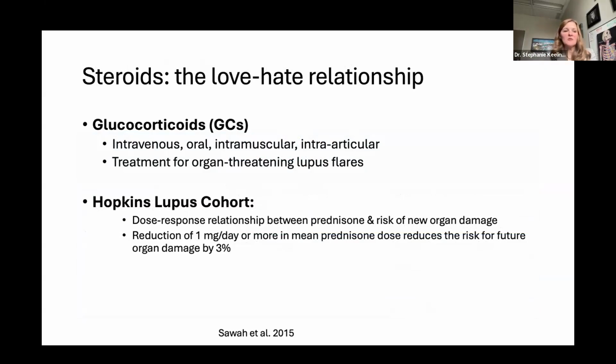So there've been lupus cohorts where they said even dropping 1 milligram per day or more in mean prednisone actually reduces the risk for future organ damage by like 3%. And so you might think, well, what does that mean? And that could be things like these people are going to get less risk for avascular necrosis, like my,